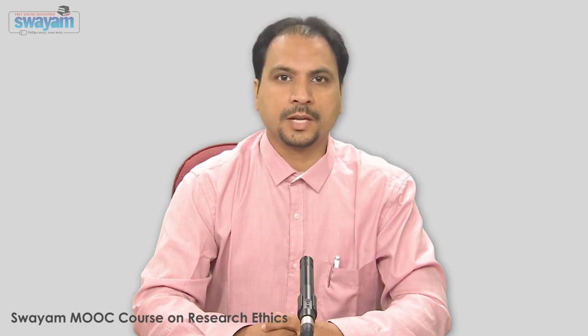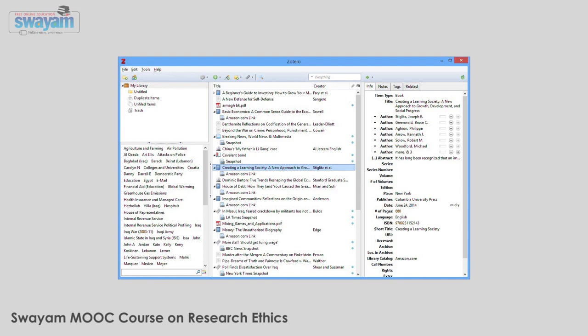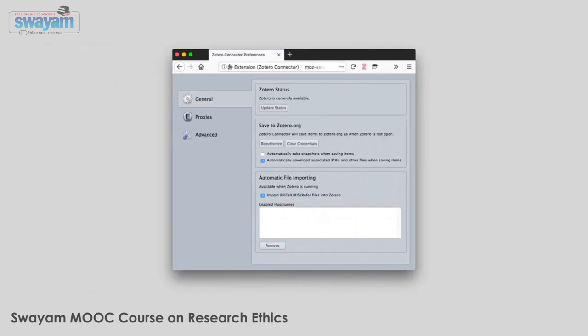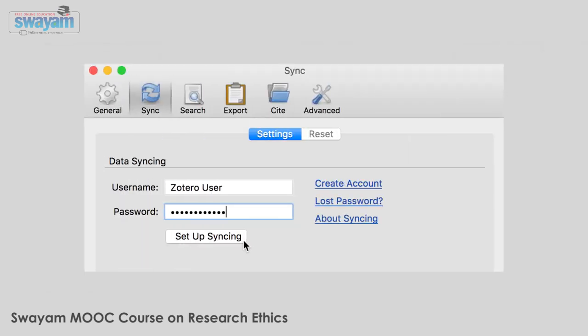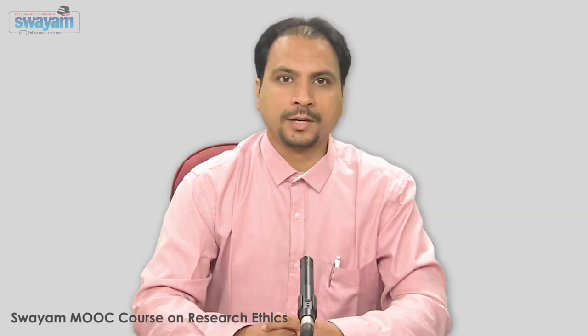The Zotero is a desktop and web-based citation and reference management system. It helps researchers to find out relevant literature from across the web and store it within the library. To start working on the Zotero, we have to understand certain terms that are being repeatedly used in Zotero. These terms are Zotero Desktop, Zotero Connector, Sync Zotero Data, Zotero Citation Plugin, etc. Now let us try to understand each one of these.